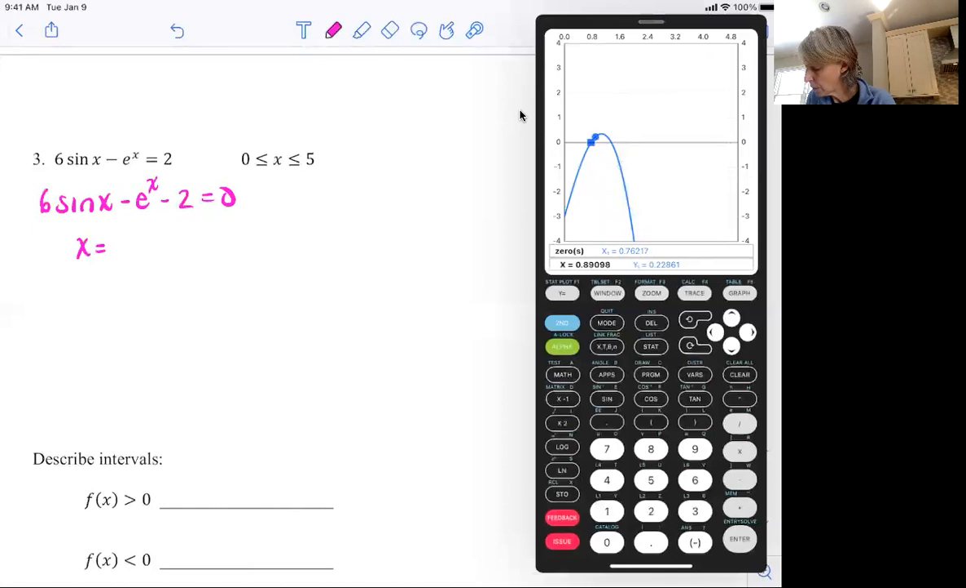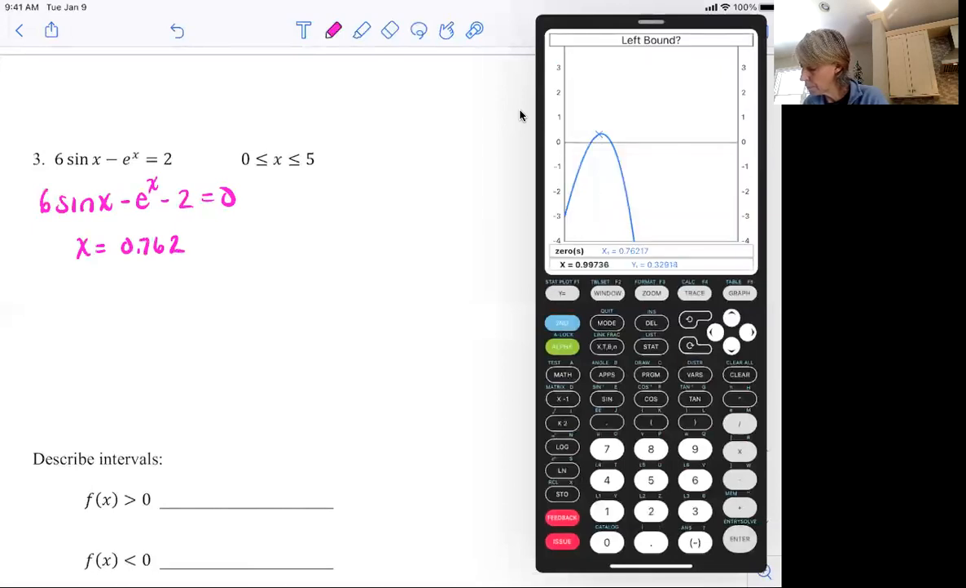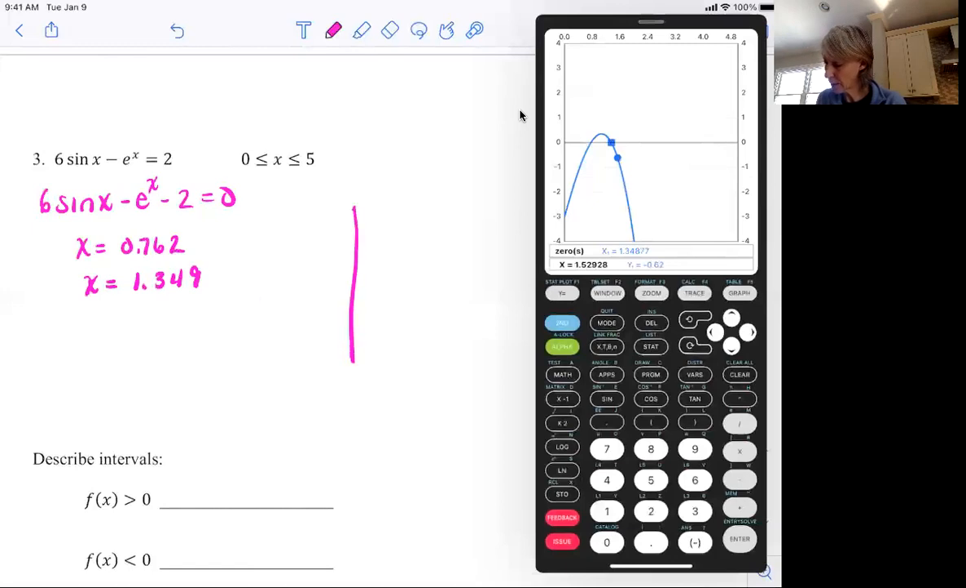X is going to equal 0.762. X is going to equal 1.349. And again, I have my calculator here. I have my screen, so I'm just going to make my picture. Remember, those two x values are your x-intercepts, where this function you made is